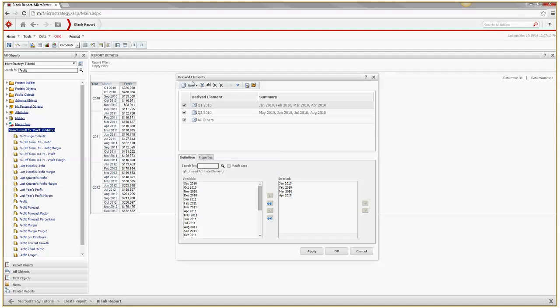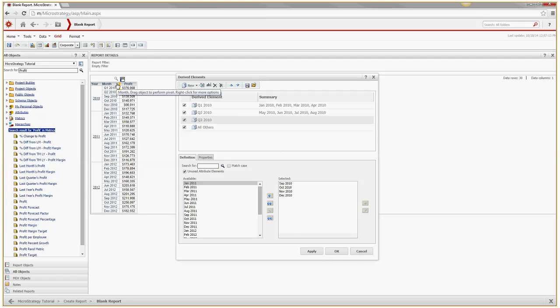Now click on new list and let's call it Q3 2010, September to December. And now I can click on OK because these are the only groups that I want.